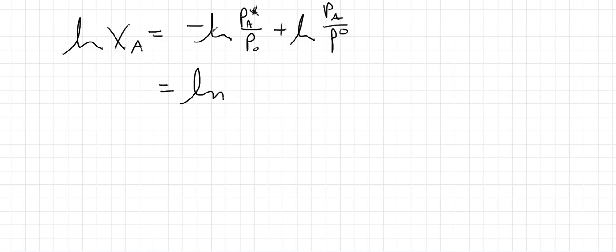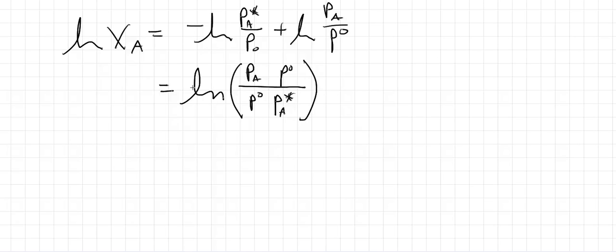Since we're subtracting that logarithm from this, we have to divide the arguments. So we have PA over P naught, and then we have, because we're subtracting, we have PA star on the bottom, and we have P naught on the top. We still have the log of the mole fraction over here. And now since we have logs on both sides, we could take the inverse logarithm of that